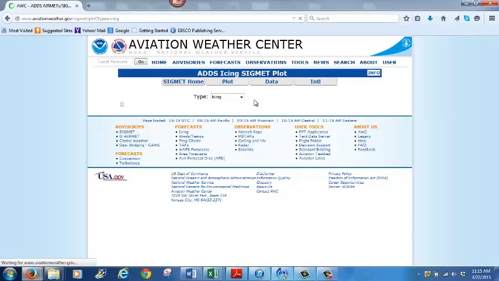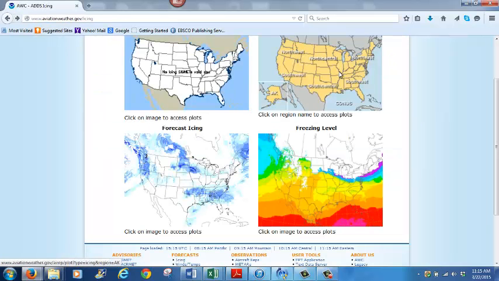This looks like it's taking a little while. This will be a segment plot when it comes up. I'm not even going to wait for it to come up. You know what it's going to look like. And then finally,